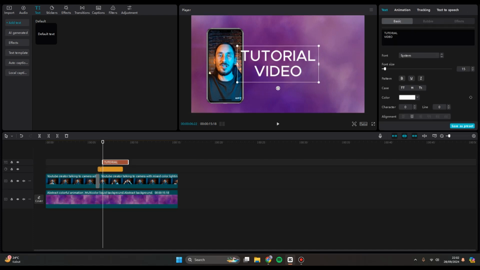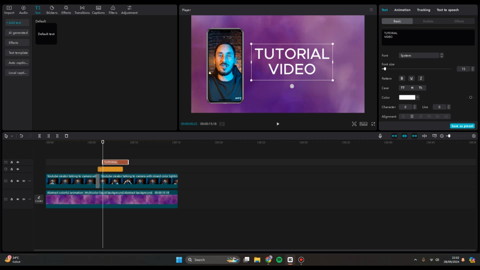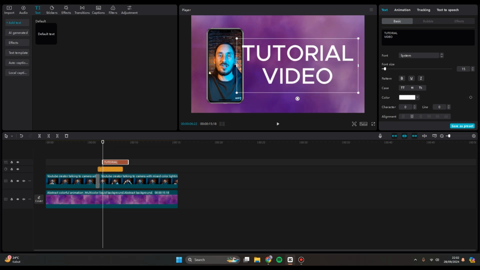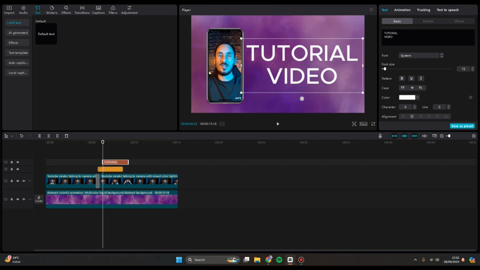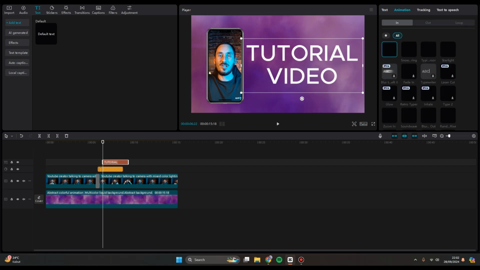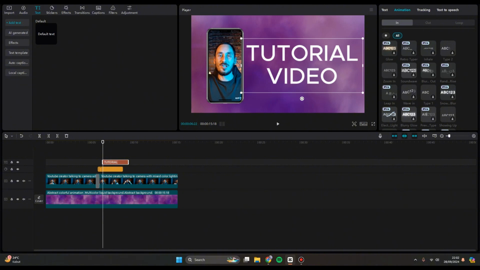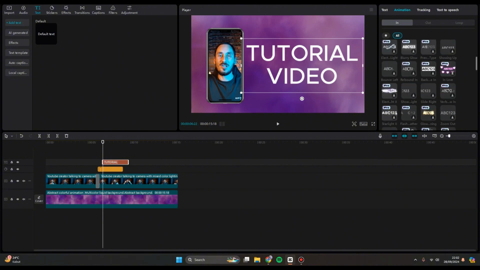You can choose the font that you want and add animations into the tags. For example, in here I'm going to find some cool animations. This one, let's try the bounce left. Okay,